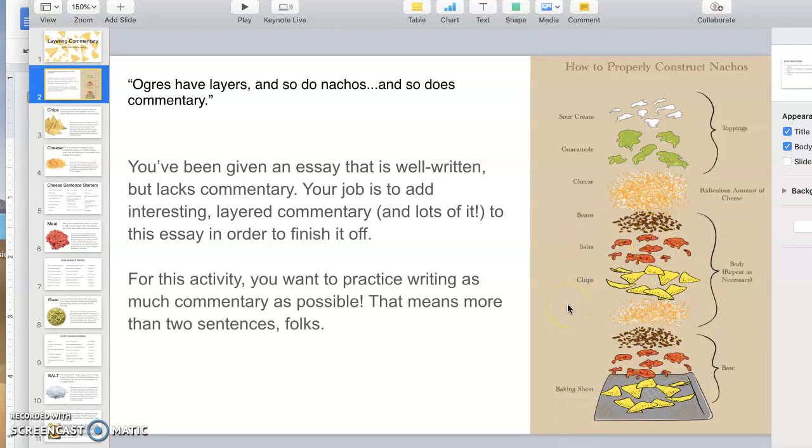Ogres have layers. And so do nachos, and so does elaboration. That explanation has to have layers to it. You can't just put one sentence and call it good. Okay, so